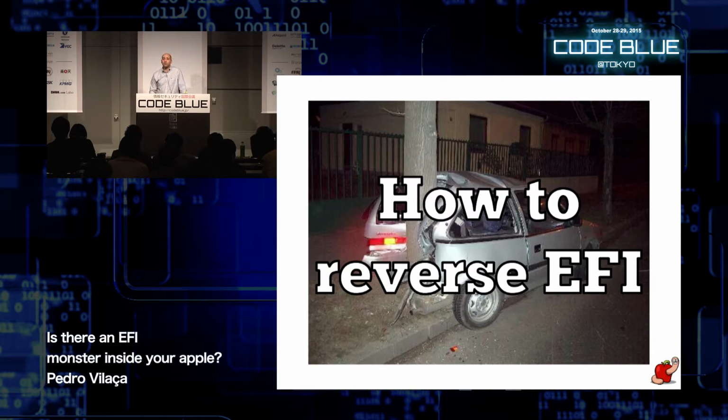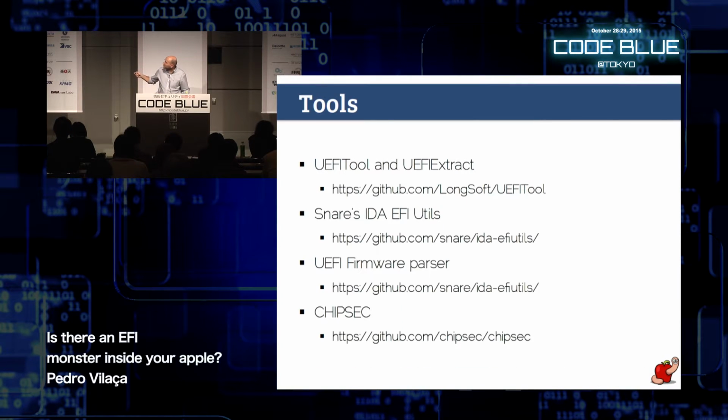Last phase, how to reverse EFI. You have the contents, you know what is there, you can access the contents, you can find the files. How do we start reversing? What is the critical information to start reversing EFI? These are the two most important tools you can have in your toolset. This is the Snare scripts, the ones that reverse from GUID to file names, very important, very useful. And this tool, UEFI Tool and UEFI Extract,